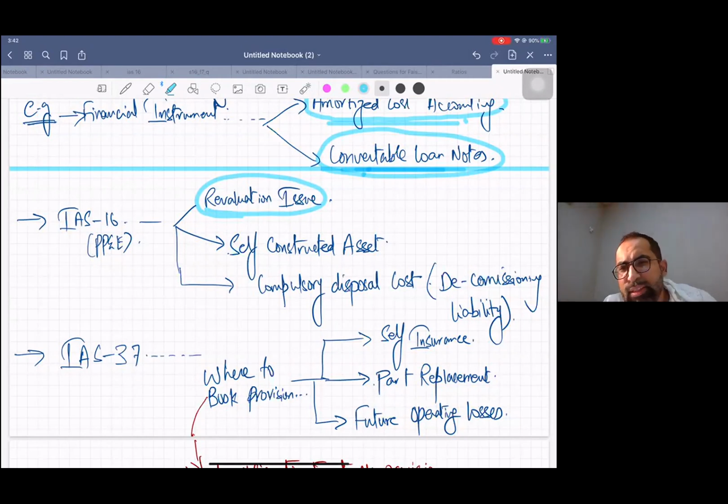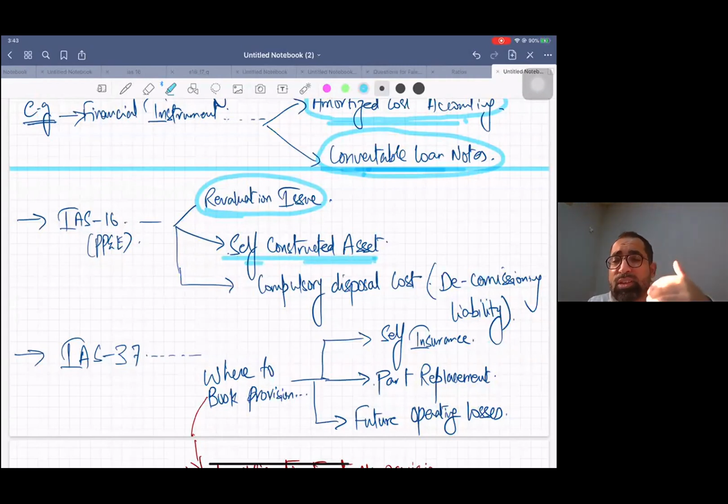Is it mandatory to make entries of revaluation in the question? No, even the examiner doesn't make it. So it's your choice; if you want to make it, it's your wish. It's not mandatory, right? Now then, do remember the issue of self-constructed